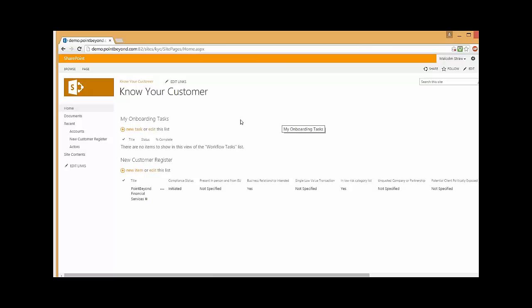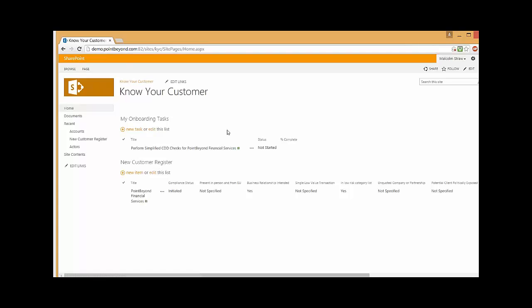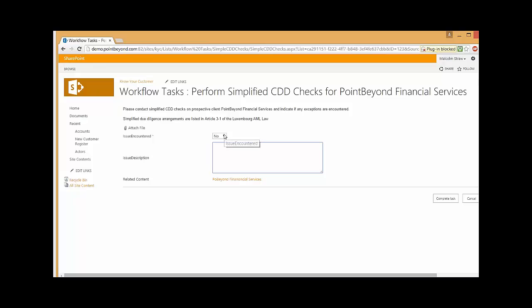When we have a look at his workbench, you can see that there is a task there to be actioned. So in order to pick up the task, I simply edit the item, and now Malcolm can review the item. He's been asked to perform simplified customer due diligence checks. We'll make it simple in this example. No issues were encountered, so we'll just say